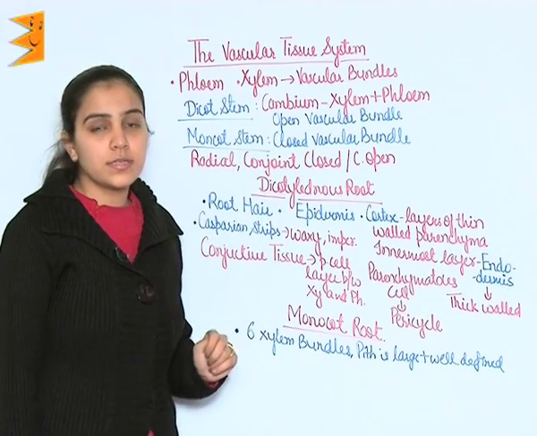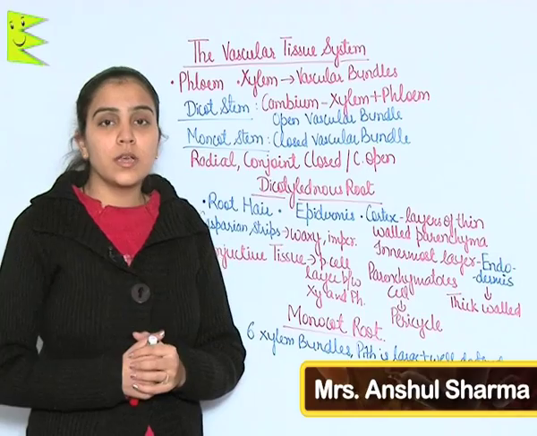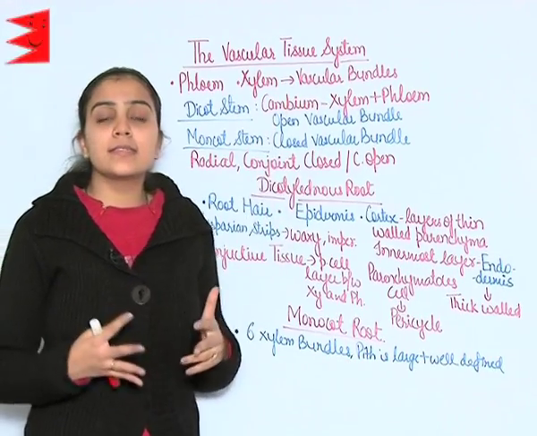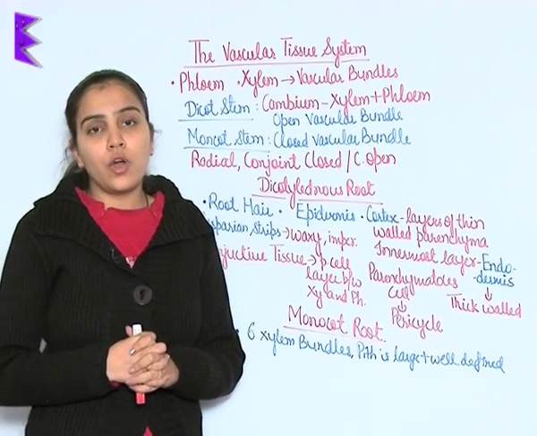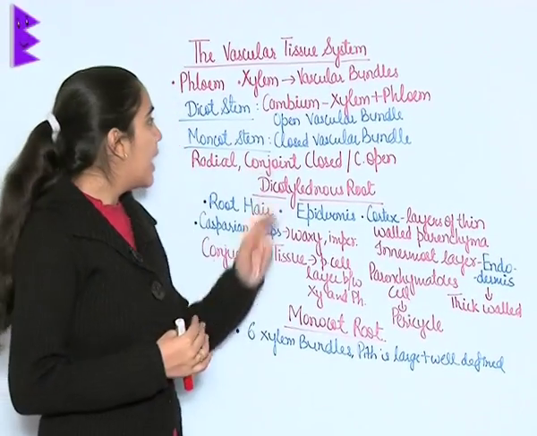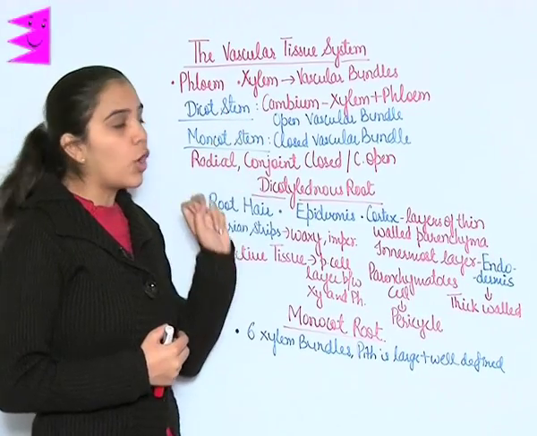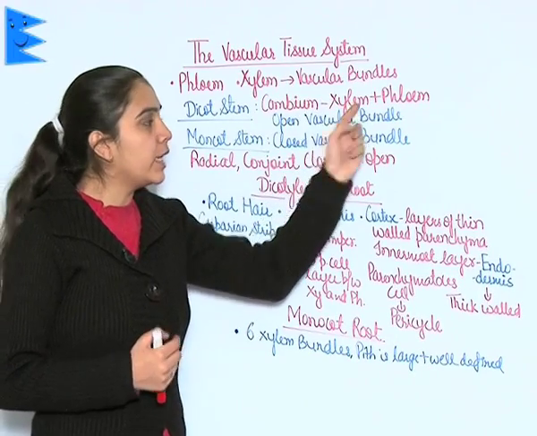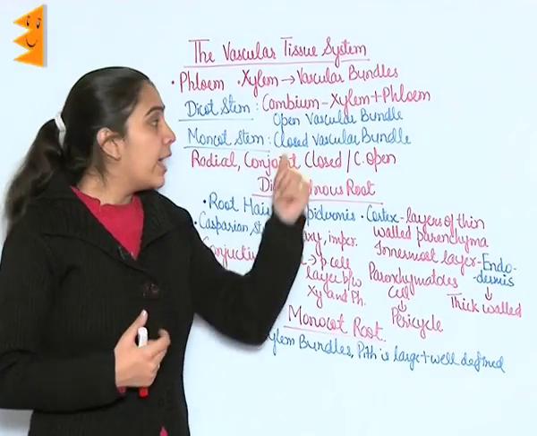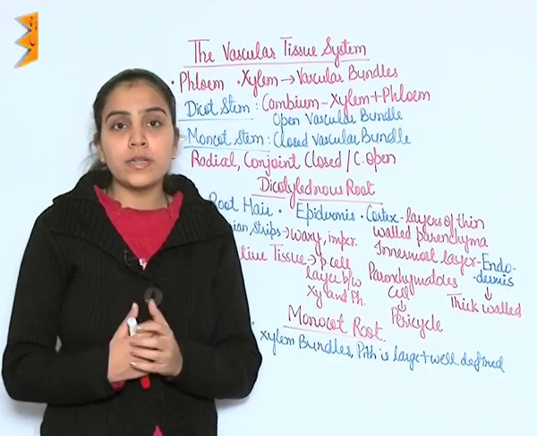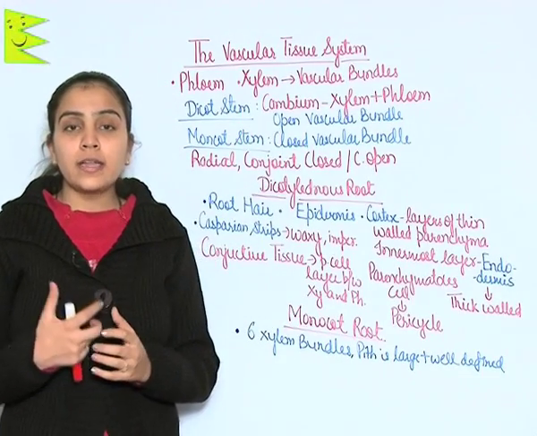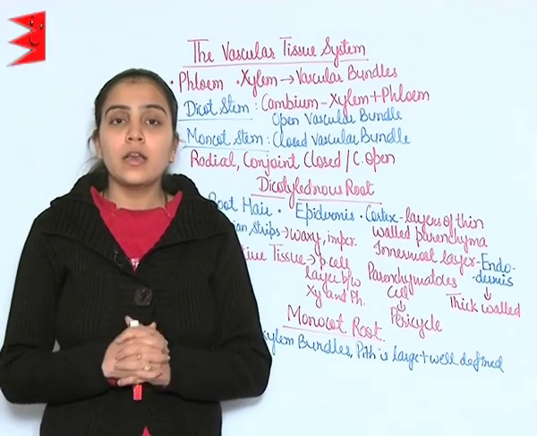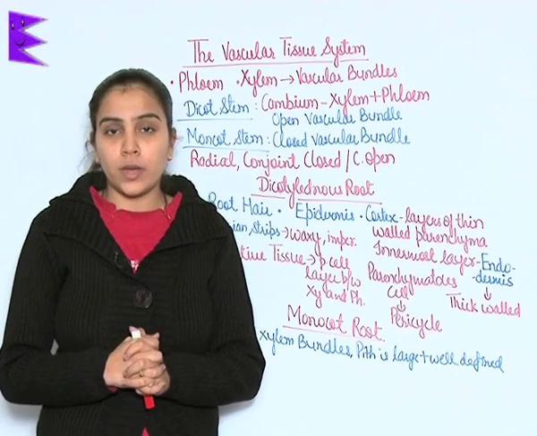The vascular tissue system. The vascular tissue system constitutes xylem and phloem, and this xylem and phloem together form vascular bundles. In the case of a dicot stem, there is cambium present between this xylem and phloem, and this cambium supports growth, that is, it allows the division of xylem and phloem, thus forming secondary xylem and secondary phloem, and